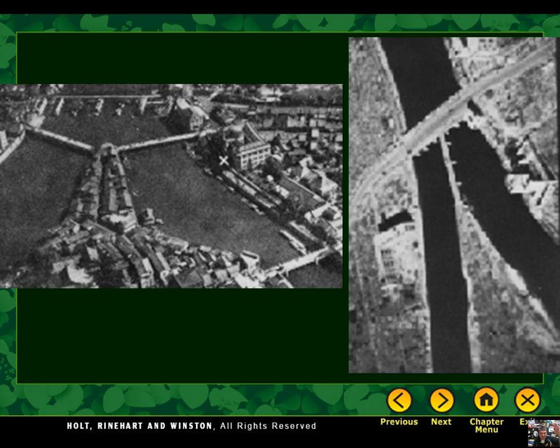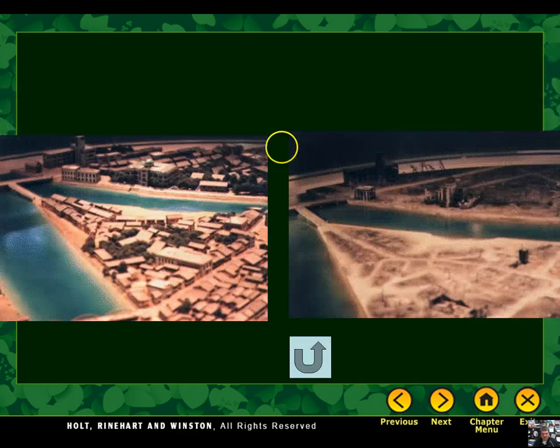Now, the bomb did not actually explode in the ground. It exploded above ground. The scientists set the bomb up to do this because it would cause more damage. If it actually hit the ground and then exploded, the ground would absorb a lot of the energy. And so the military leaders decided we're going to detonate it above to get the full effect of the bomb. And so here's a model of what the area looked like. There's that domed building. You can see what it looked like before. And then over here is what it looked like after. You can see the buildings and things in that little triangle peninsula area is completely gone.